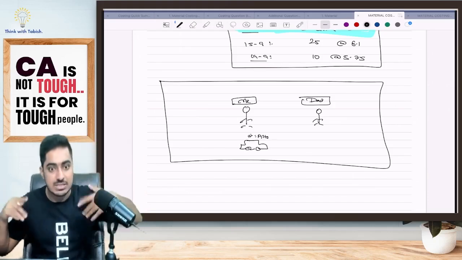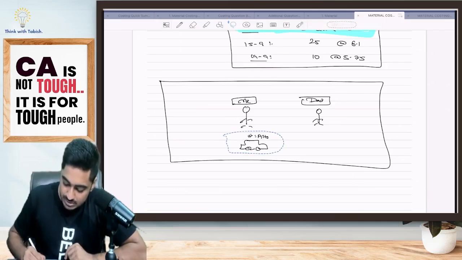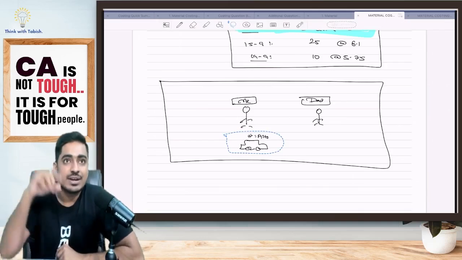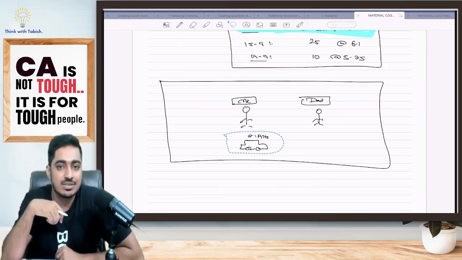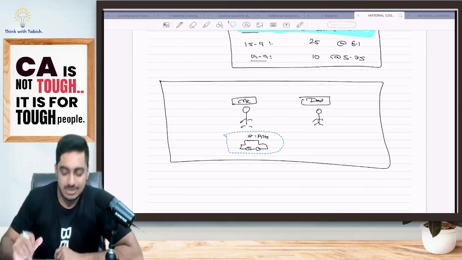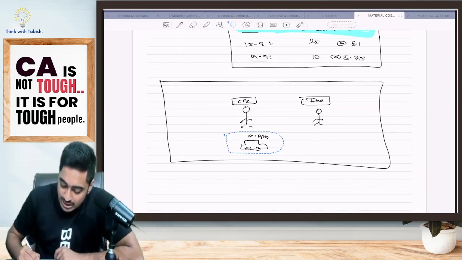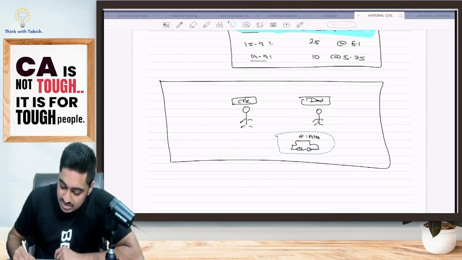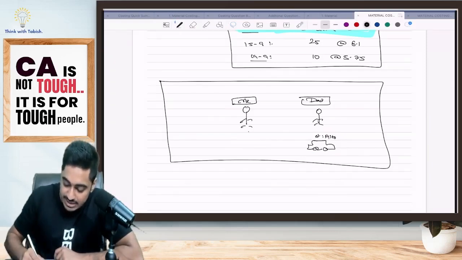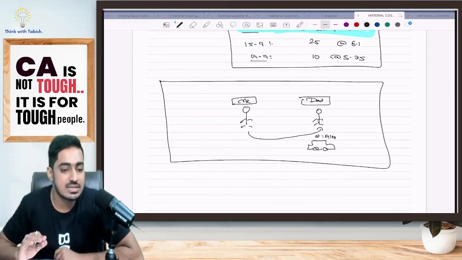So first I purchased Alto. After some time, what happened? My dad told me, while you're driving a car, your dad is not having a car. Does it make any sense? You're a chartered accountant. I made you a chartered accountant. So you have to give me a car. Your car, you give it to me. You go on a bike, doesn't make a difference. So my dad tells me, give me this car. So I gave the car that I purchased, that I love so much, to my dad. Is this clear, everyone?